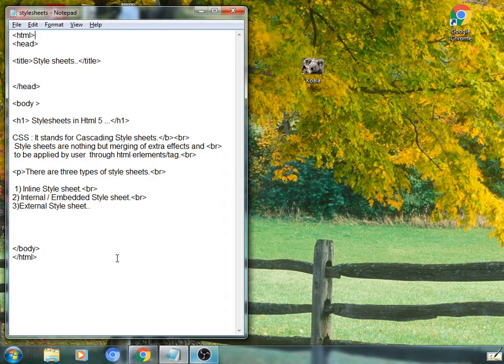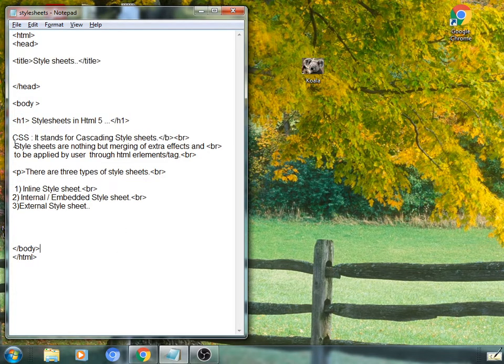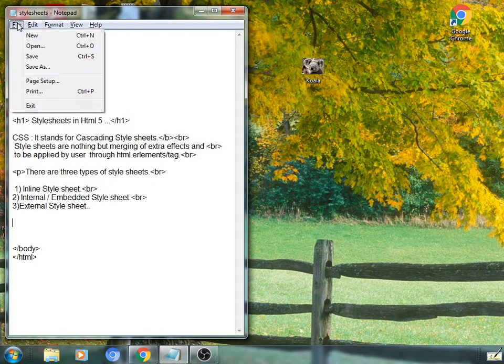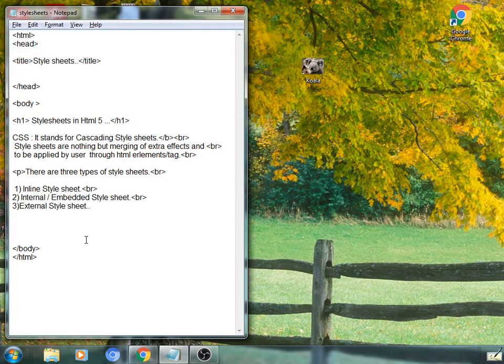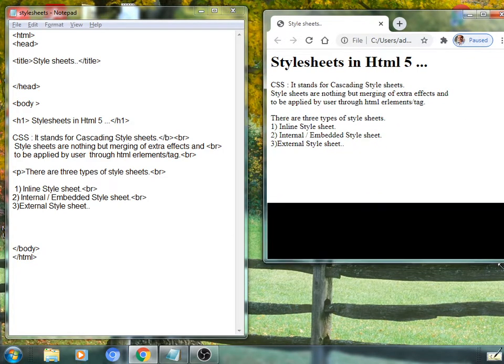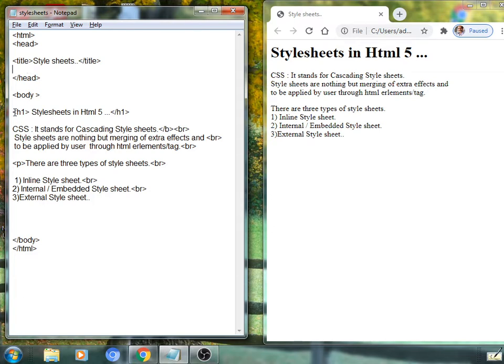See here, again we are using the same file. Previously we used such a file, something.html, having content about style sheets and their types. It is a simple HTML document named style sheets.html. Its output will be displayed like this within the browser's window. Within the body section, we directly apply a tag and its effects are displayed in the browser's window.